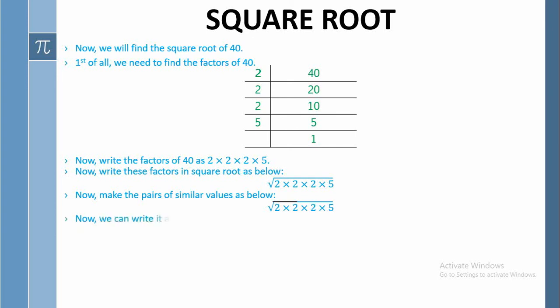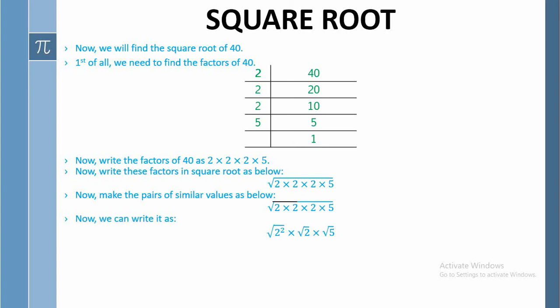with. So we can write it as under root 2 का square, because we know that index notation can be written as 2 multiplied by 2 can be written as 2 का square, while the third 2 which doesn't have any other 2 to be paired with will remain under root 2, and the 5 which doesn't have any other 5 to be paired with will remain under root as under root 5.